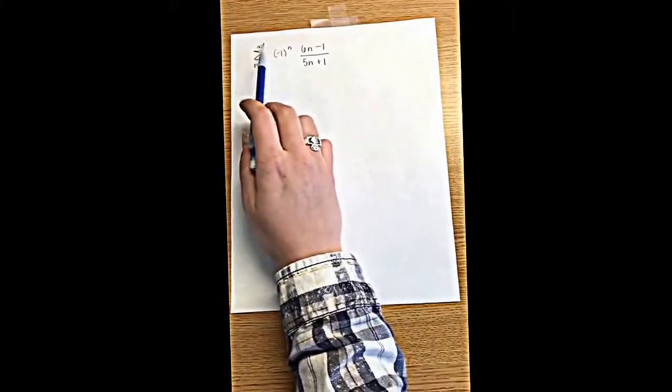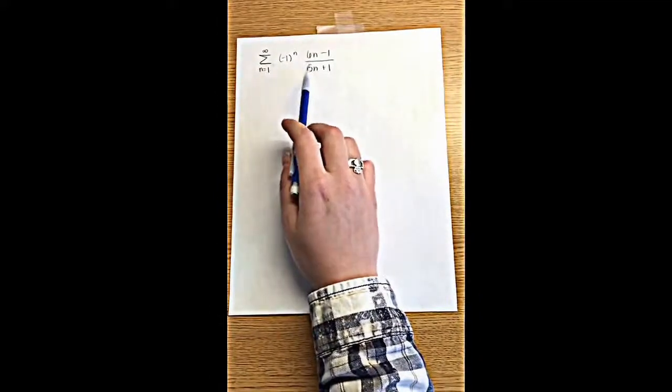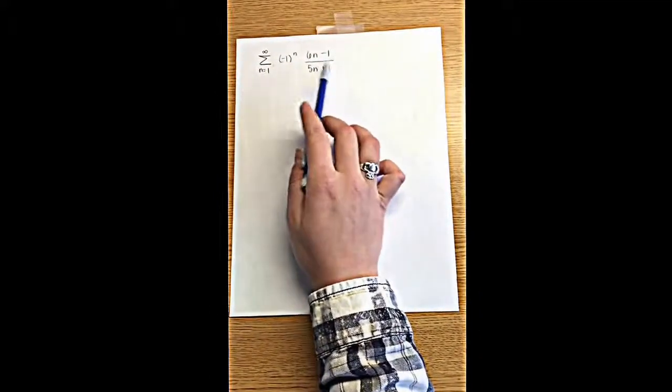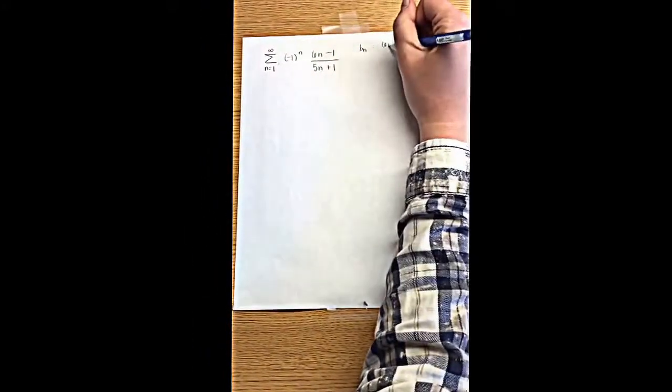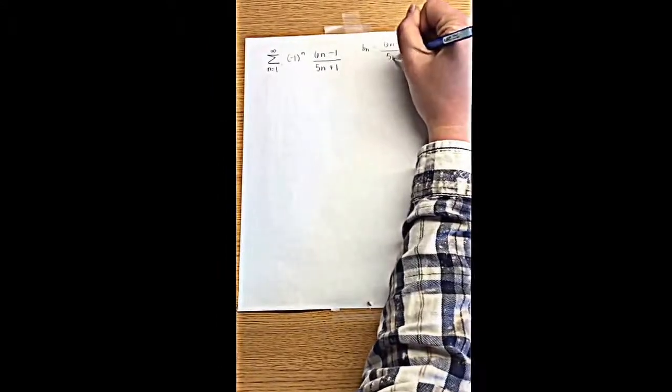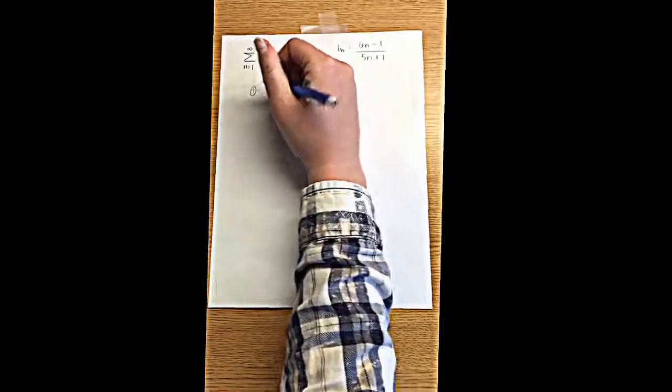For the final example, we have a series from 1 to infinity of (-1)^n times 6n minus 1 over 5n plus 1. So we know our b sub n, which is 6n minus 1 over 5n plus 1. For the conditions,